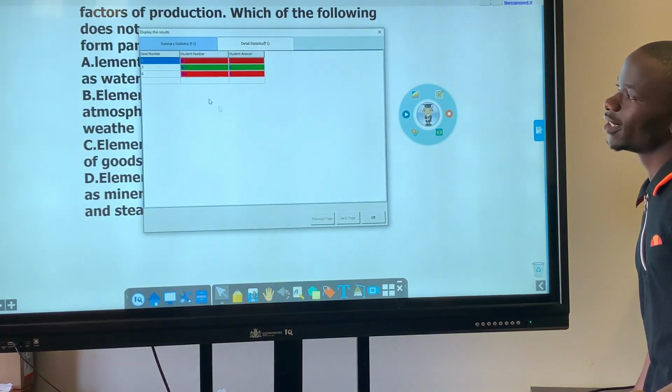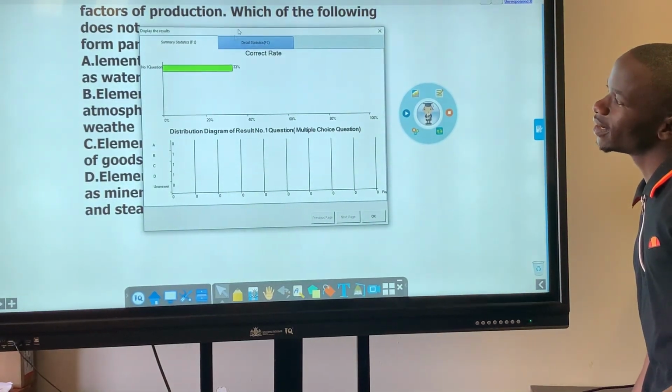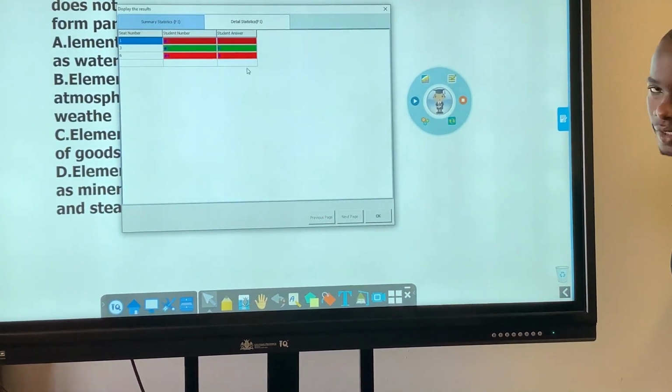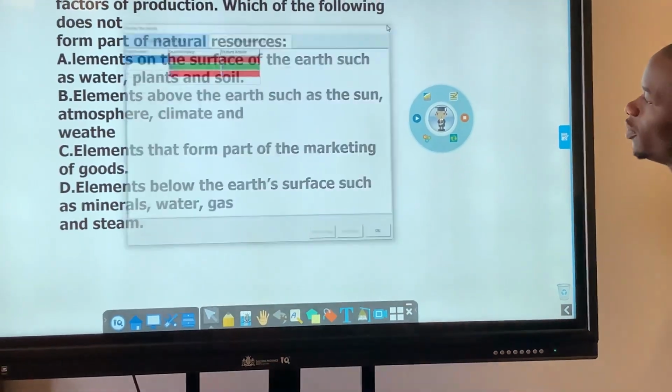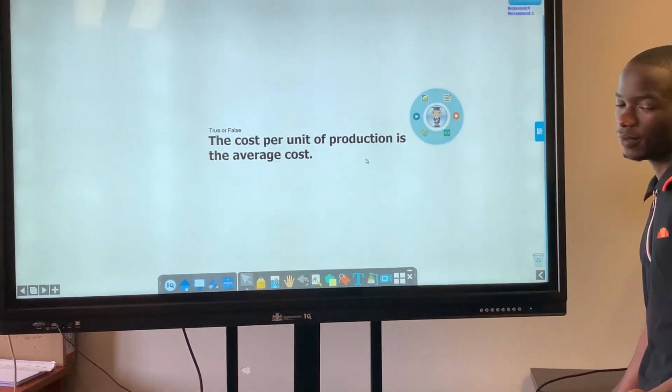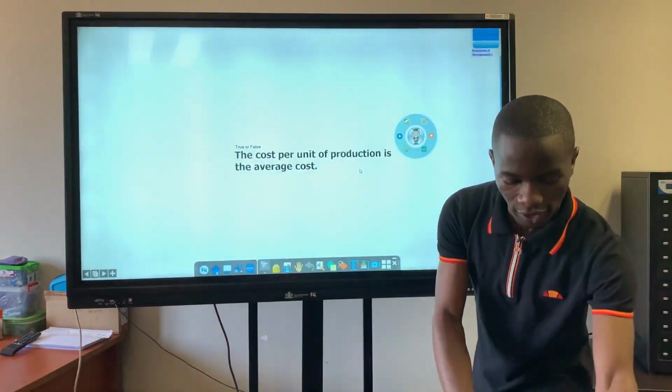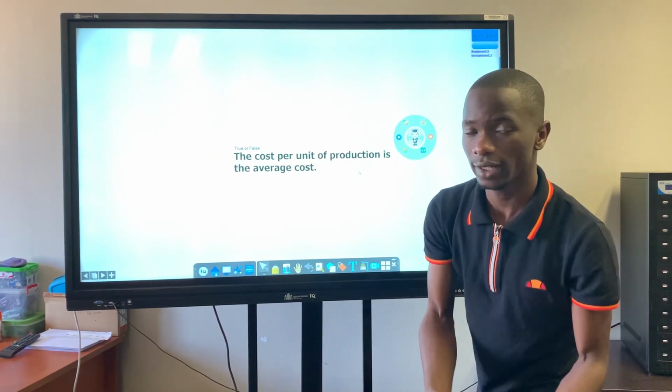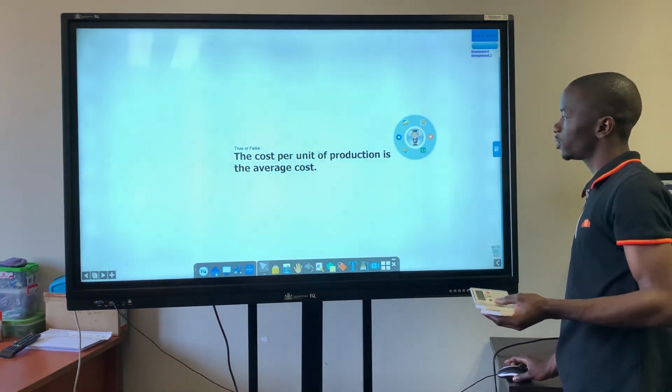As you can see, it's from the summary states and the detailed statistics. Okay, moving right along, I'll go to my next question, which is a true or false question, and I need to answer it using the iClicker as well. Okay, so what I'll do is that I'll